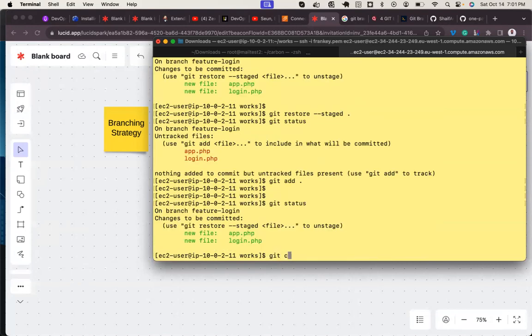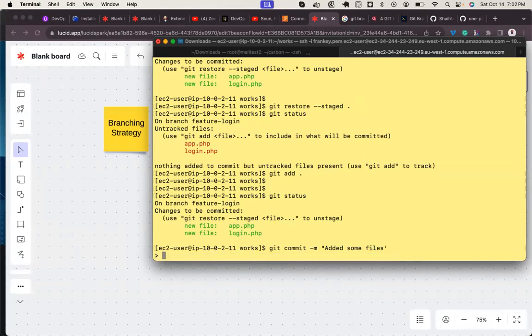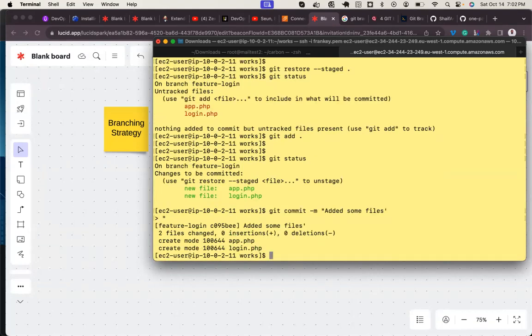Now let's commit. Git commit -m. Make sure you always commit your changes. Commit added some files. Enter. Oh, sorry. Two files were added.